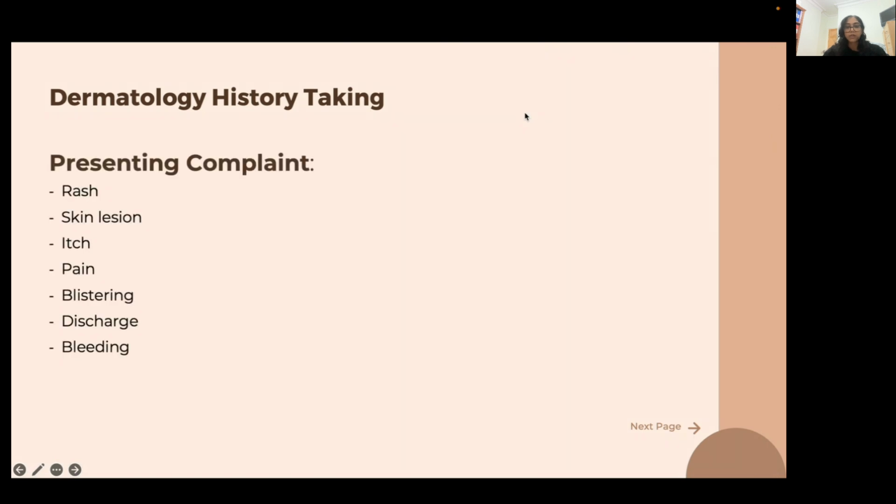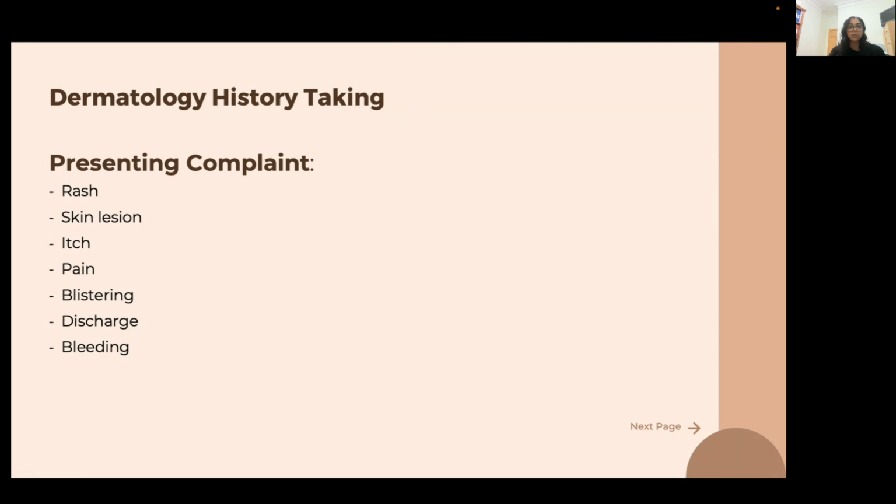Yeah, and then we have itching. Okay, nice. Cool, so let's break it down. So firstly, just following our normal structure for a history: presenting complaint, find out a bit more about it, past medical history, drug history, social history, family history, and systems inquiry as well. So if we think about presenting complaint firstly, it depends what the patient's coming in with,